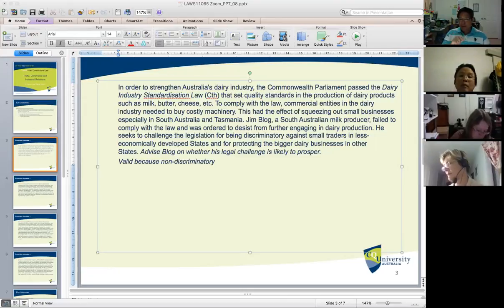So every time you're dealing with Commonwealth parliamentary legislation, the question you always ask is whether or not the Commonwealth Parliament has the power to legislate on that subject matter. And the way to do that is to, at the very least, look at Section 51, if there could be a head of power on which the Commonwealth Parliament can base its power to legislate on that subject. Because in the absence of a head of power to which it could claim its legislative power,